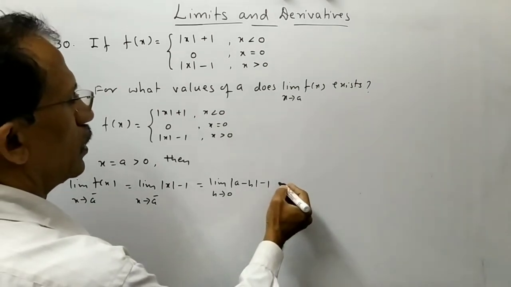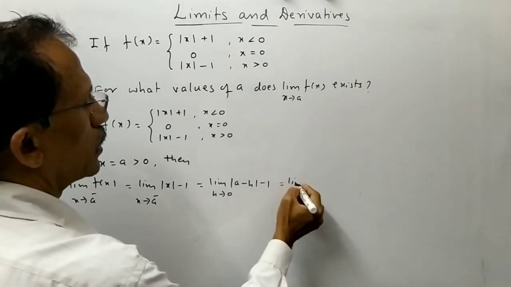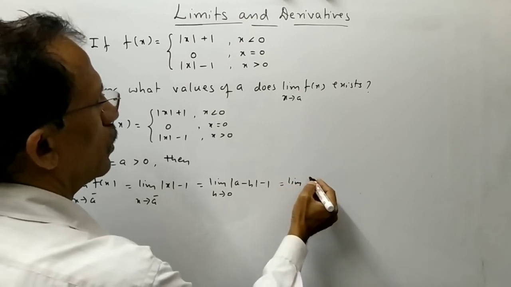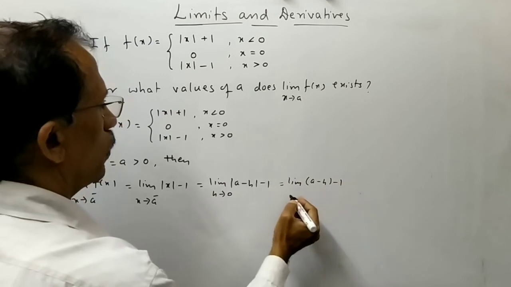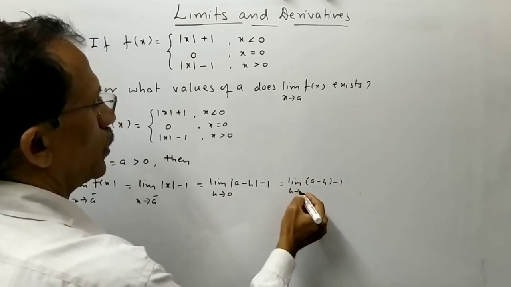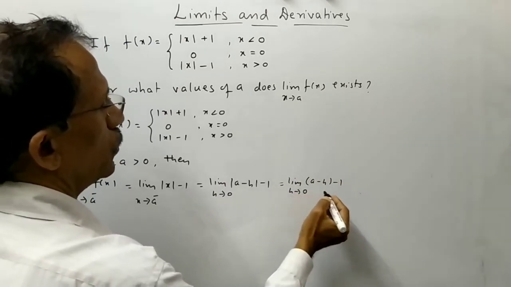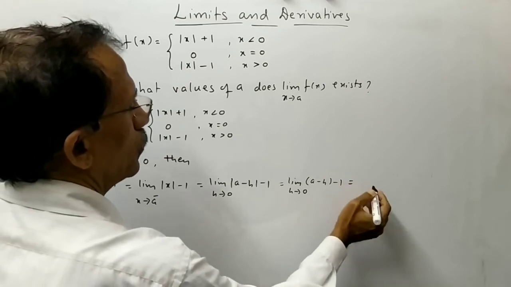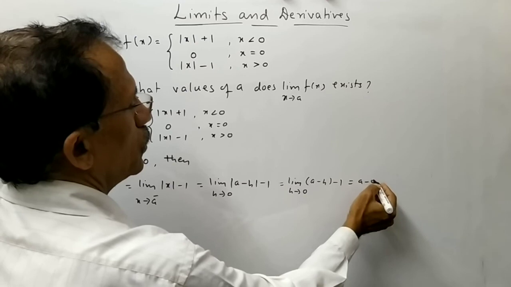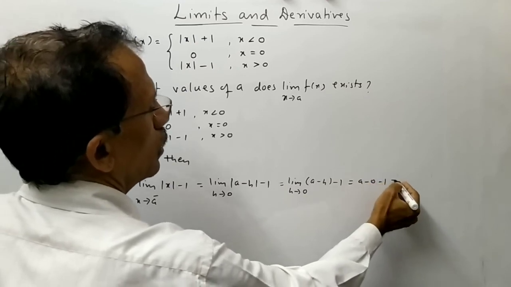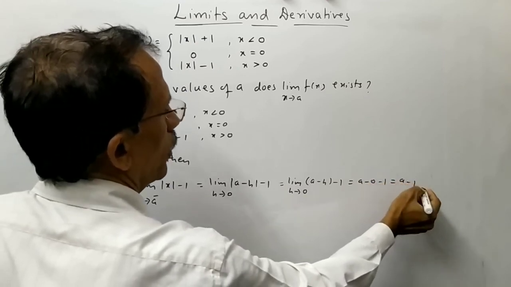Because of that we can write the next step as the limit of a minus h minus 1 when h tends to 0 is equal to a minus 0 minus 1 is equal to a minus 1,